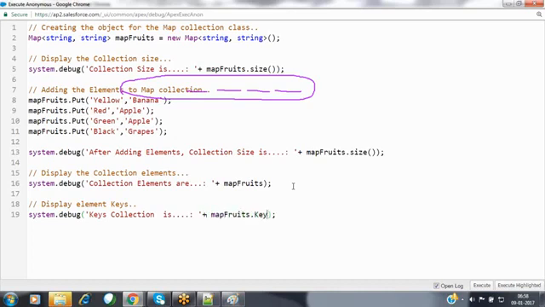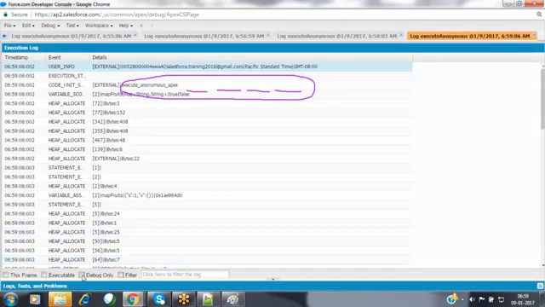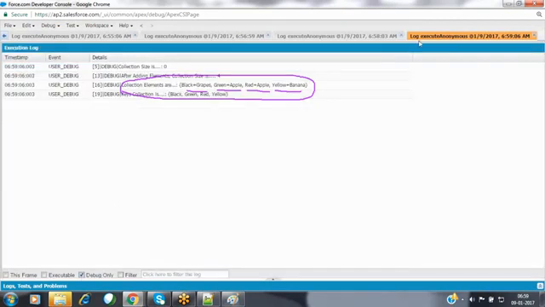Map of fruits dot keySet method. By using that keySet method, we can fetch only the keys, not the whole element. Click on execute. We can show only those keys. Now the key set is available here. When coming to the keys, you will be having black, green, red, and yellow. Only the keys will be available here.